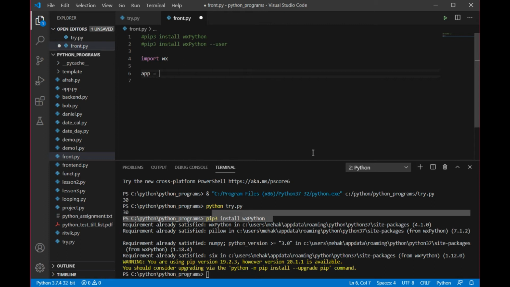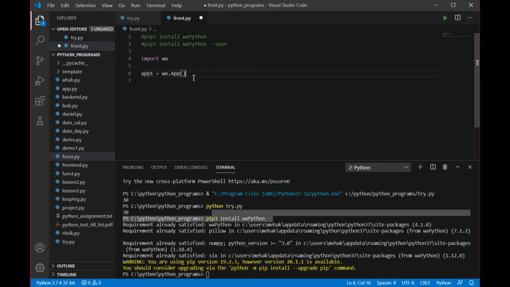I'm going to take a variable that is app. This is a variable that is defined by me. You can have any name for the variable, app1, anything, whatever you want, right? And inside that, now I'm going to use a predefined function of wx. Now this is a predefined function. This is working like a keyword. You cannot change it. It is going to have a capital of App, right?